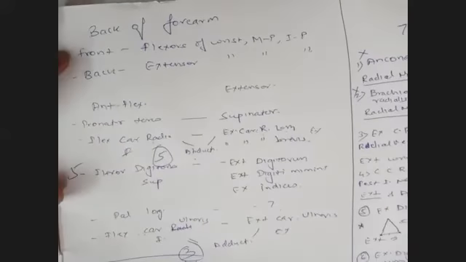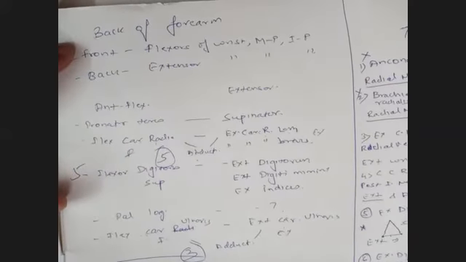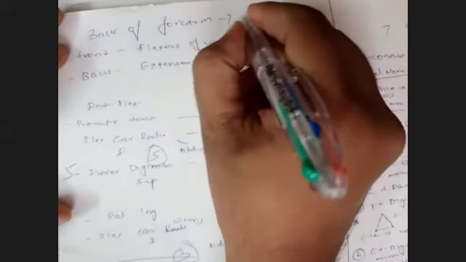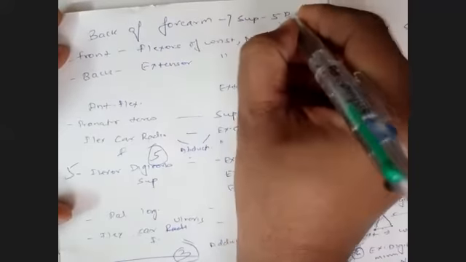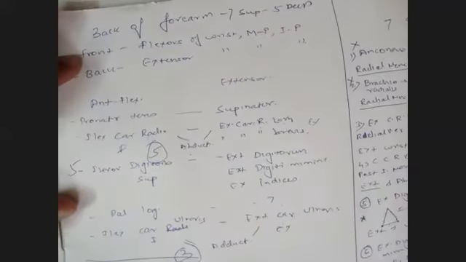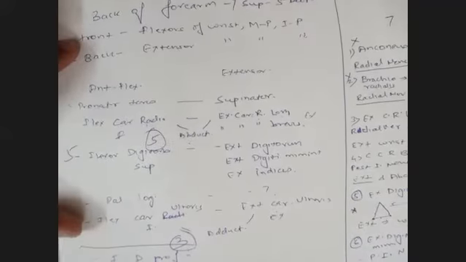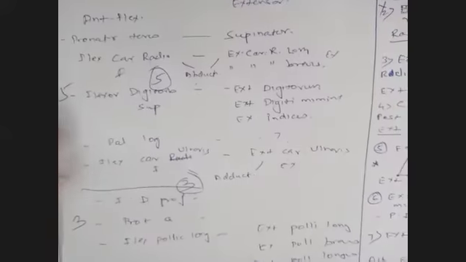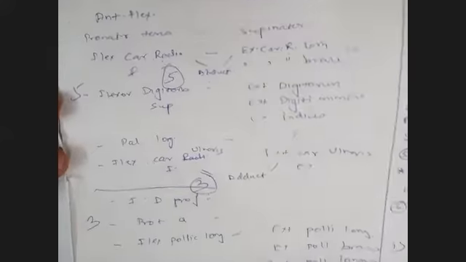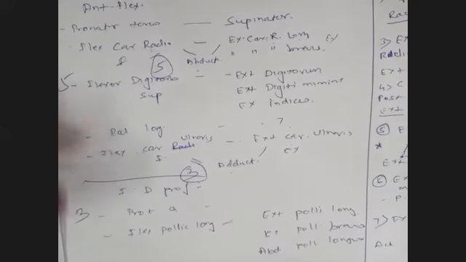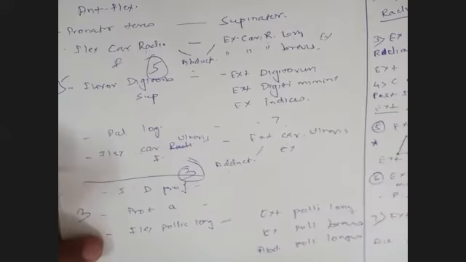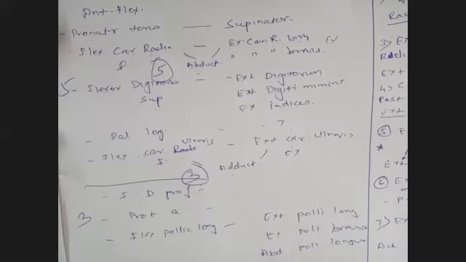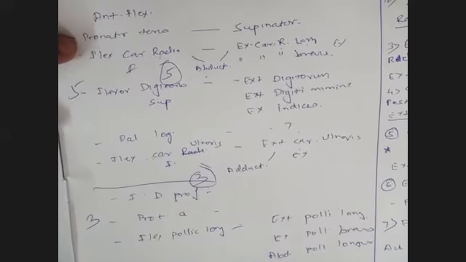So we started by saying that at the back of the forearm there are 7 superficial and 5 deep muscles. When we compared that, in the front of the forearm there were 5 superficial and 3 deep. In the posterior surface of the forearm there will be 7 superficial and 5 deep; in the front there will be 5 superficial and 3 deep. So then we try to correlate.